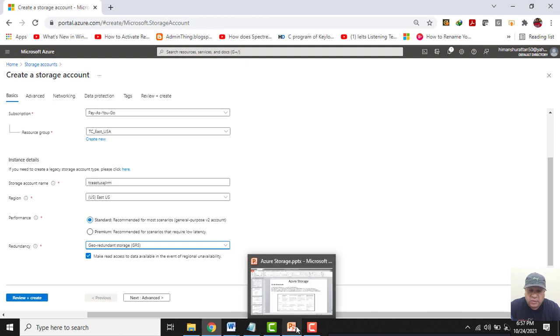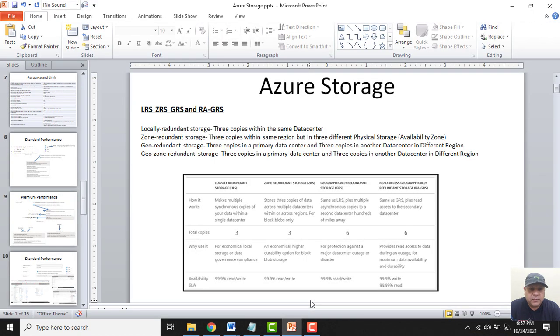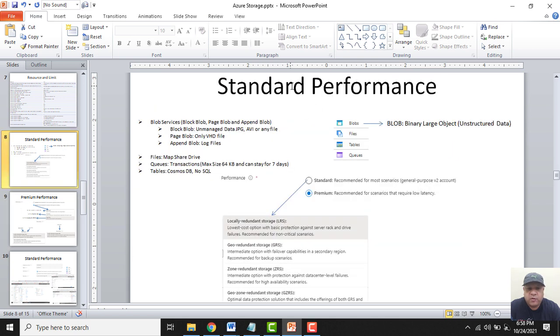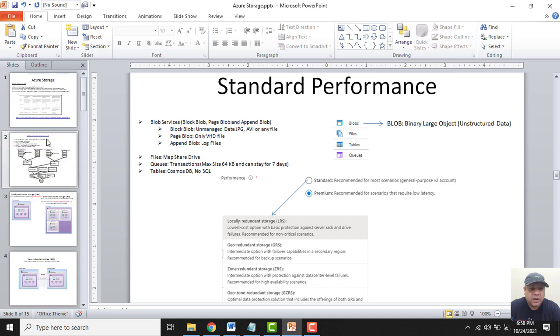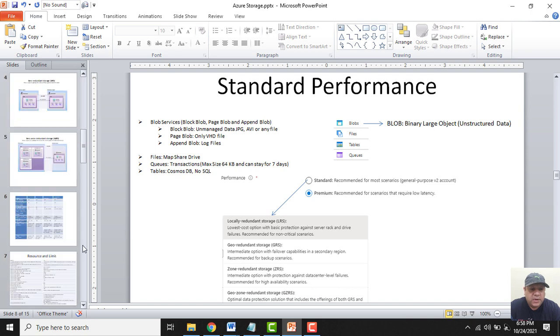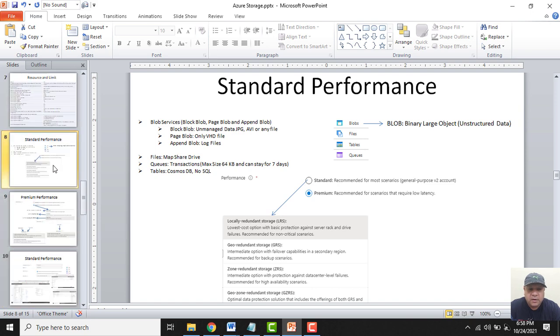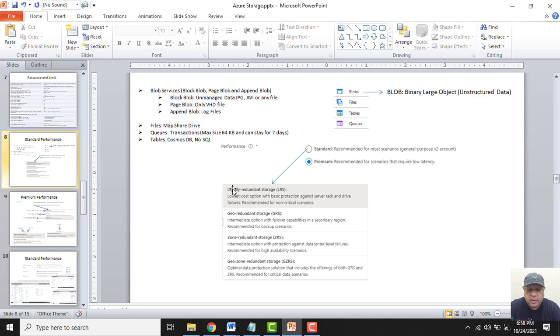So let me share my presentation. In Azure storage, if we select the standard performance option, we get 4 redundancies: LRS, GRS, ZRS and GZRS. I will go through each of the options one by one.